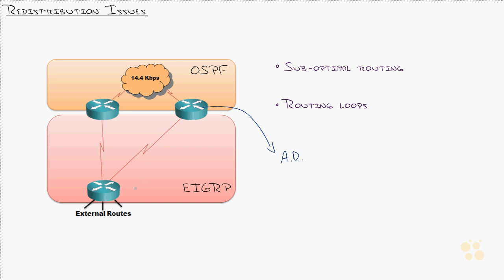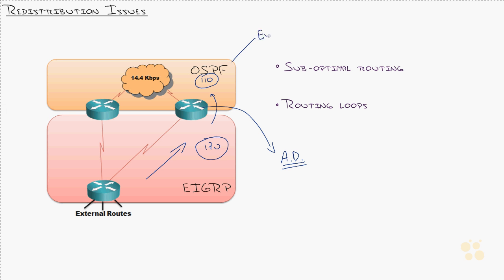Like, for example, I said this problem happened because OSPF was more believable than the external EIGRP routes. Well, is there anything to say that as we redistribute that route into this system, we can't tweak the administrative distance lower, either right here, or tweak OSPF to be higher? Or maybe, matter of fact, OSPF allows you to specify an external OSPF route administrative distance, so why not do that? Just say, well, those ones will be 190.